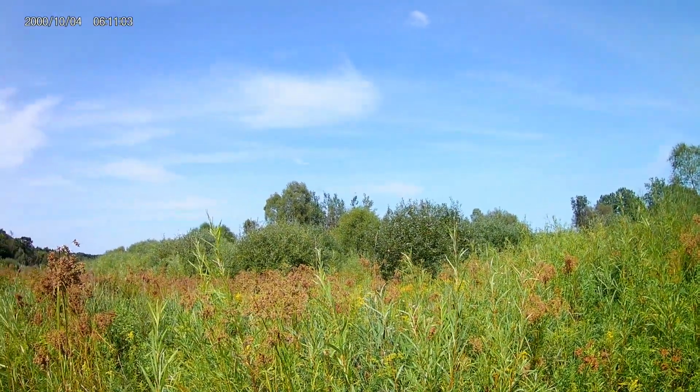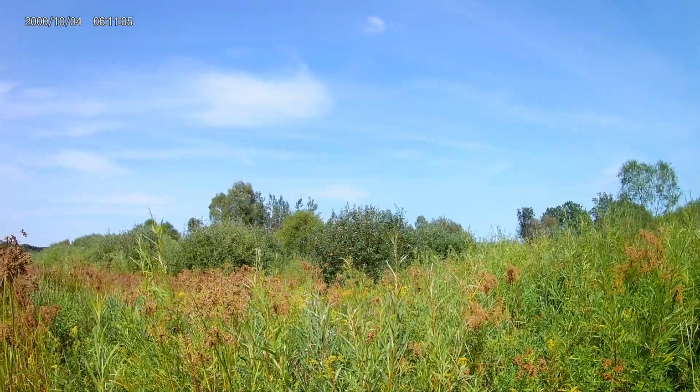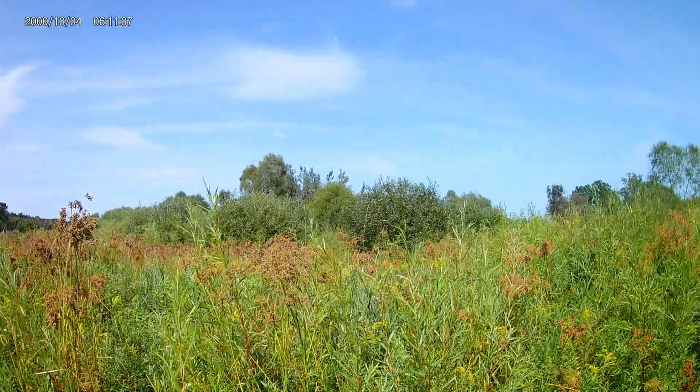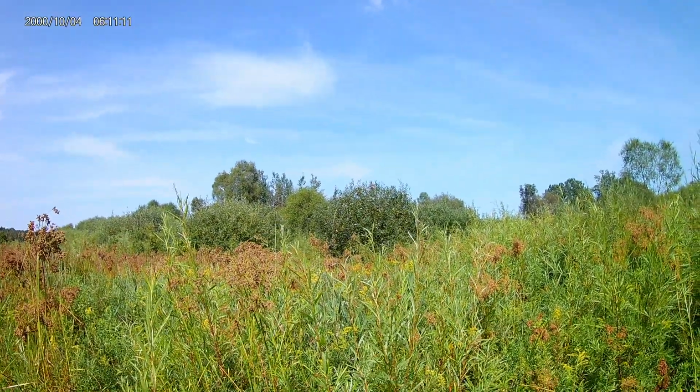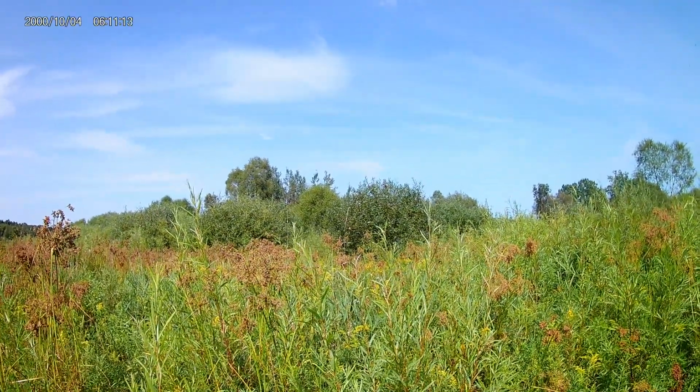I just walked into that cluster of trees, and it's real nasty getting through here. It's real tough to get through here. But I knew there was going to be some bedding in there, so I wanted to check it out. I'm walking through there,